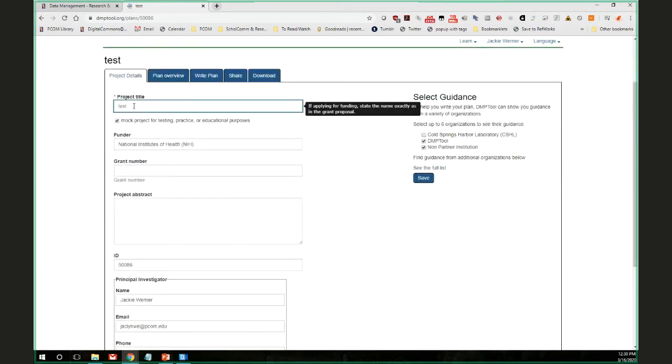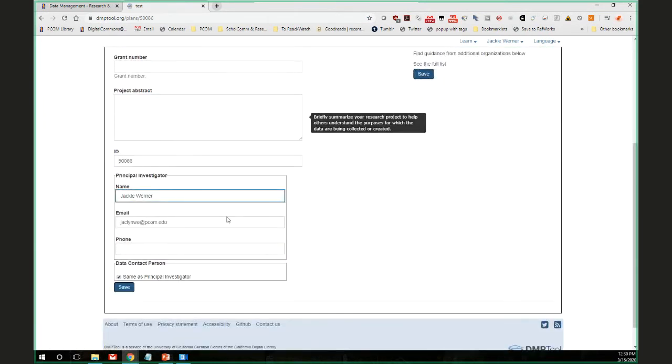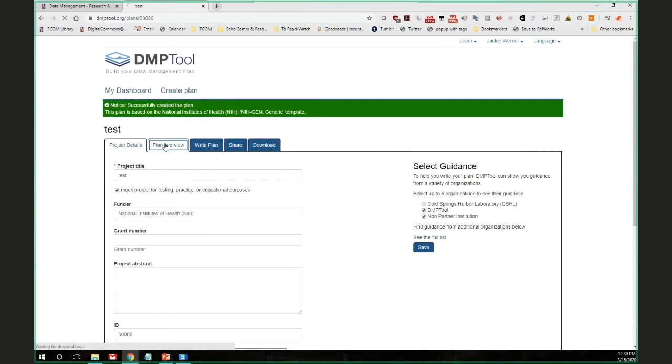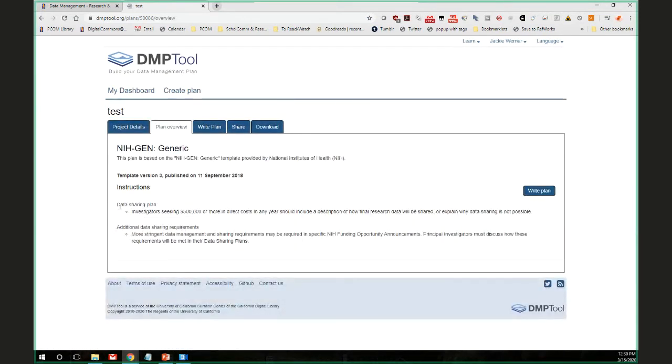All right, so here we have title, funder, all the stuff I showed you. Then a plan overview. So this will tell you what the funder requires. And you don't actually have to be linked to a funder. It just is a lot easier to select one because it gives you some guidance. So this one actually does not give that much guidance. The instructions are just, you need a description of how final research data will be shared or explain why it